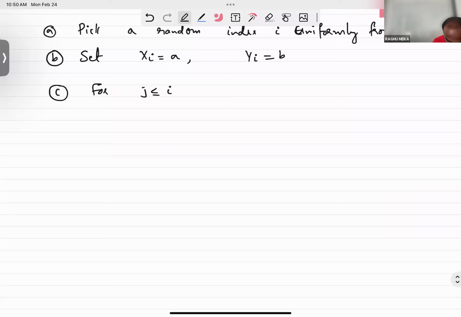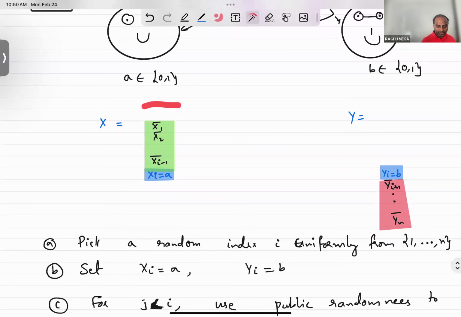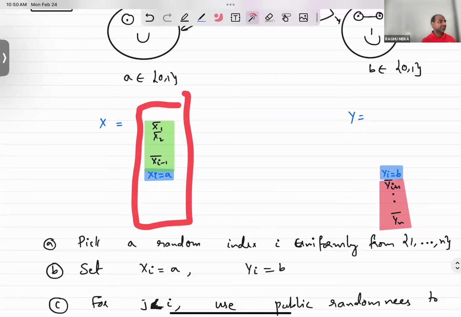For j less than I, use public randomness to sample, for each index, x bar j. Under what distribution? What distribution should we sample from? Take a guess. What do we want, right? We want this marginal to be consistent with sigma to the n. So the distribution on x1 bar should be,